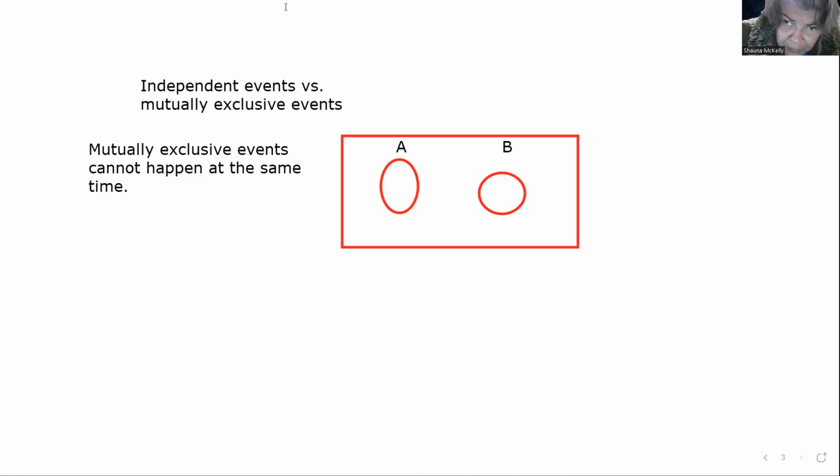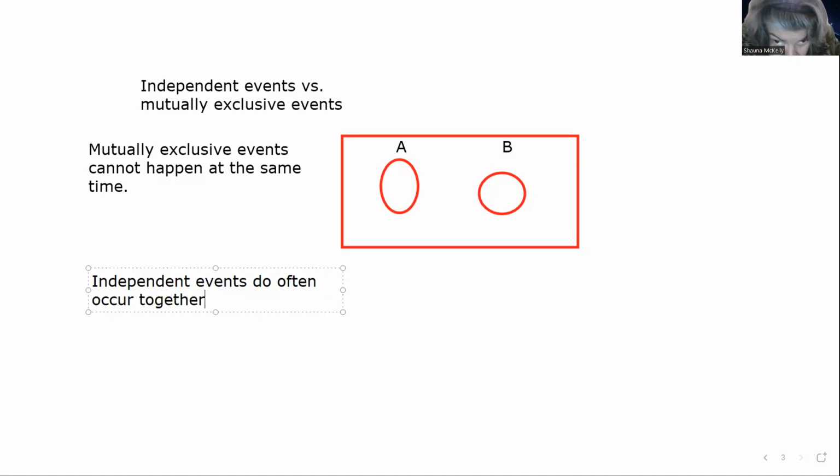This will get clearer when we start talking about hypothesis testing later in the book and we talk about dependent situations, but I'm going to try and clarify this now. So independent events do often occur together. So they are not mutually exclusive, but here's the big but